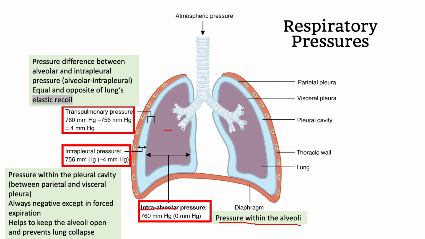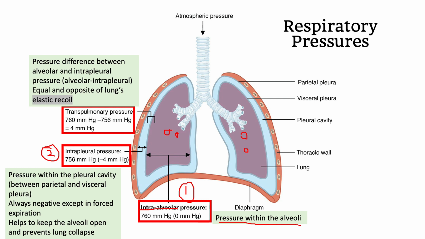So now remember, inside the lungs we have these alveoli. Inside the alveoli is what we call intra-alveolar or alveolar pressure. So this is the pressure inside the alveoli. The second pressure that you need to know is the intrapleural pressure. So what is the intrapleural pressure? If you see the lung here,